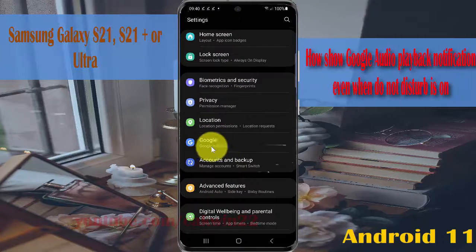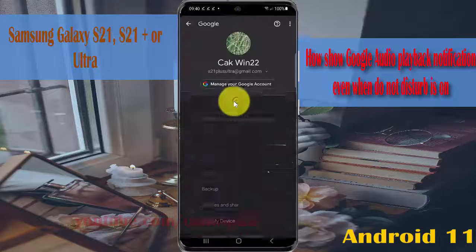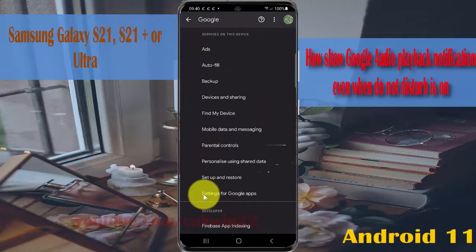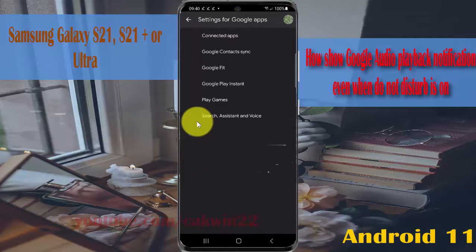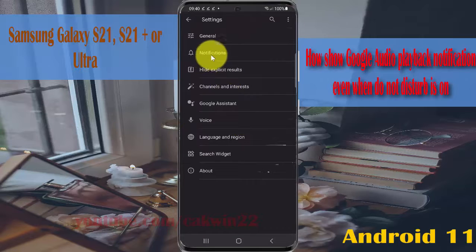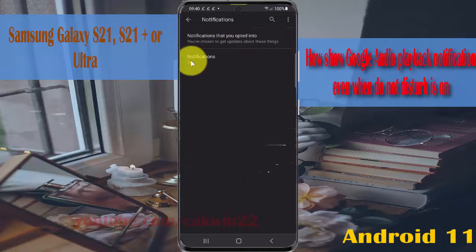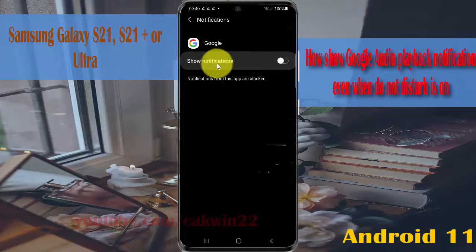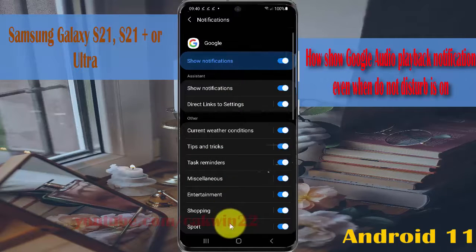and then tap Google services, and then scroll down screen, tap settings for Google Apps, tap search assistant and voice, select notifications, and then tap notifications, and then you must turn on Google notification first. If Google notification is off, tap show notification switch until blue to turn on, and then scroll down the screen,